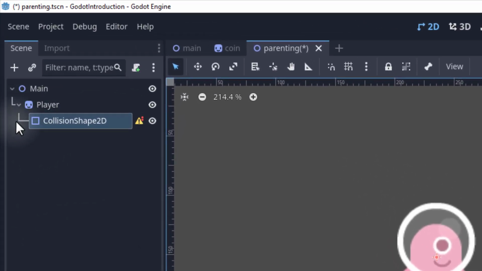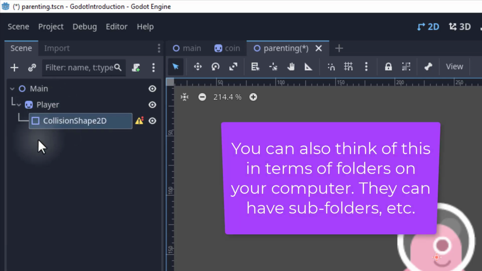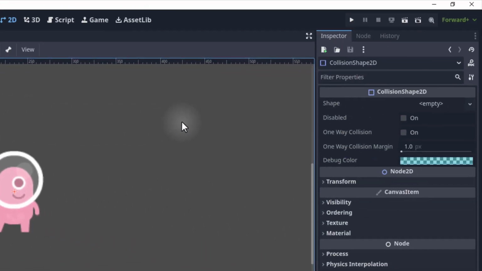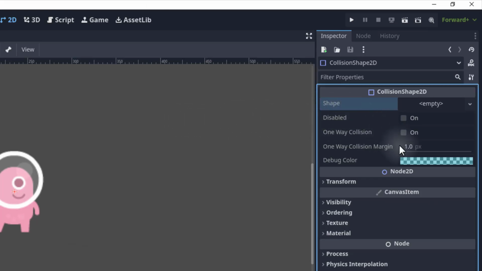You can see it is indented inside of the player node here. That means the collision shape 2D node is a child of the player node. Okay, we have that child-parent relationship here. So, on our collision shape 2D, let's then go over to the inspector, go over to the shape property, and